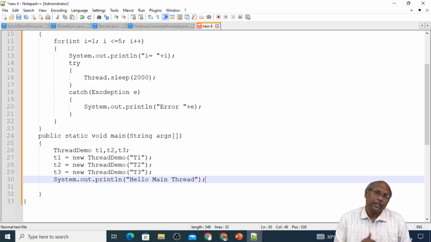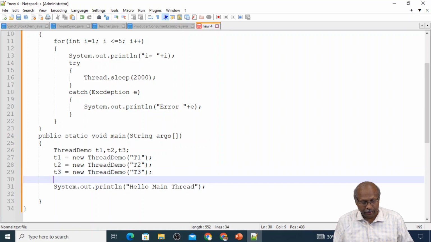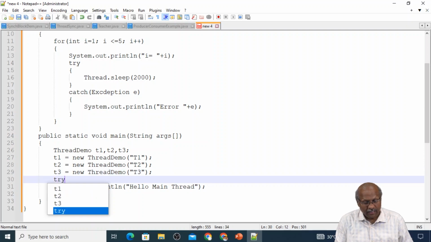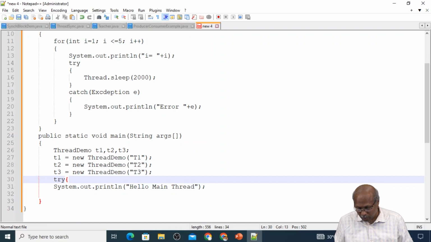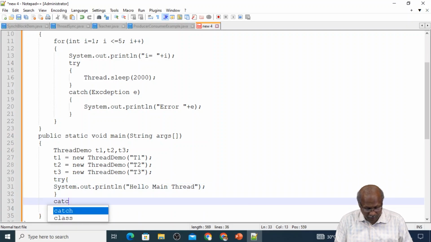Now this statement should come as part of the main thread, and after this main will collapse. What I will do, this statement should execute at the end. I want to keep a target of keeping it at the end. So here I will keep this block also in the try block. Catch